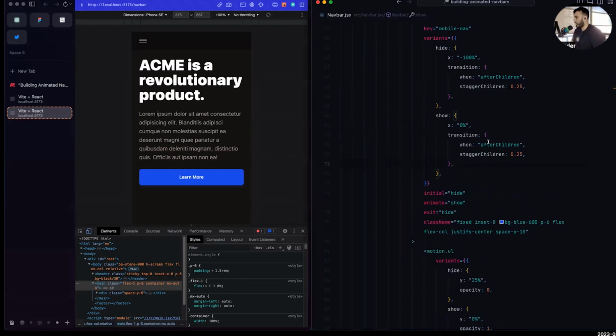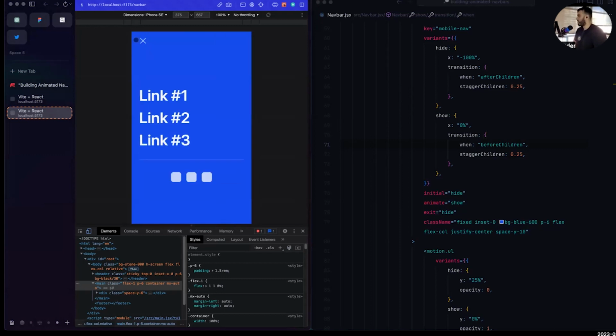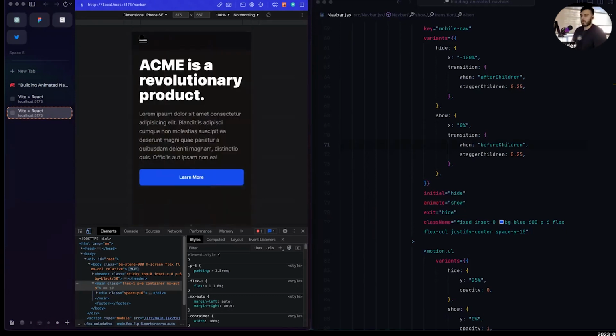So we'll give this a transition, and we'll keep the same exact thing, except we want to change after children to before children. So what this will do is it'll open up that blue background first, and then it'll play the children animations and stagger them out by 0.25 seconds. So now if I open the nav bar again, we could see that the links show up first, then the white bar, then the social media buttons. And then if we close this out, everything will animate out one by one, and then the nav bar is